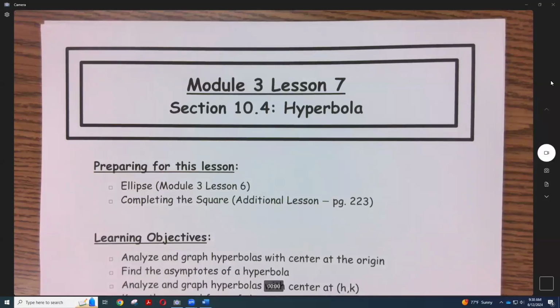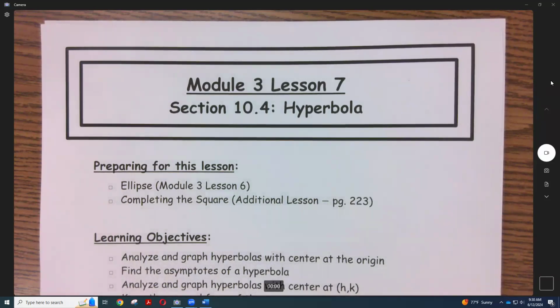Welcome to Module 3, Lesson 7. We are going over hyperbolas. To prepare for this lesson, you need to be familiar with ellipses. We're about to start this lesson by comparing your ellipse formula to your hyperbola, and you're going to see a lot of similarities. So if you haven't watched ellipse, you need to go back to last lesson to watch it,